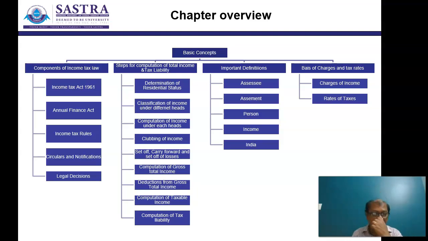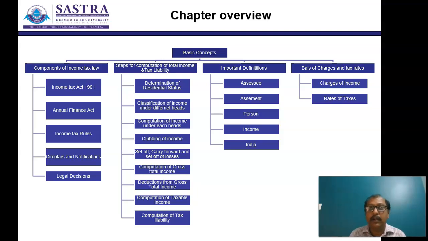We will be talking about that a little bit in detail a little bit later, but to say a few heads, basically there are going to be 5 heads of income that an individual can have. One from the salary, the other one is from the house property, third one is from the capital gains, fourth one is going to be from the business or profession, then about your other income.